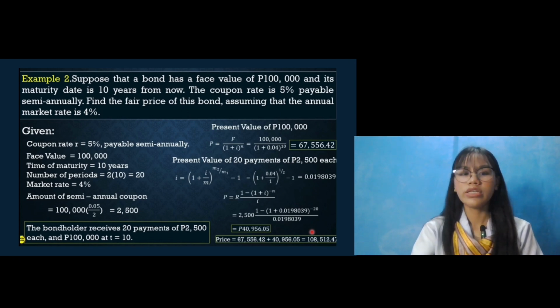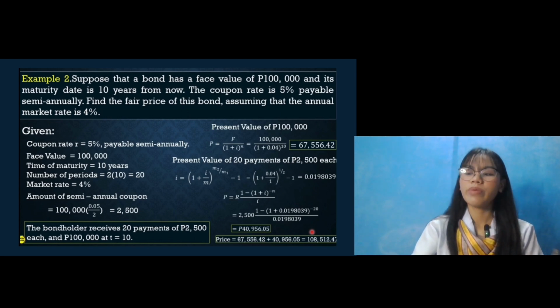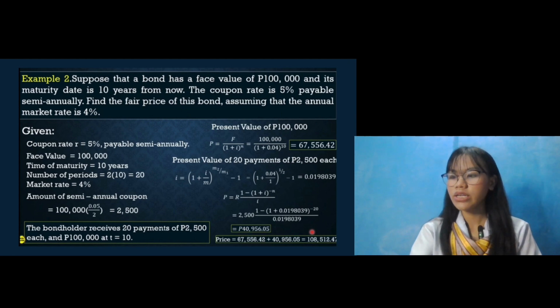And then just click the AC and then 1 minus answer. And then after that, you need to divide it by our denominator, which is 0.0198039. And then you will be multiplying it to our R, which is 2,500. And then the answer would be